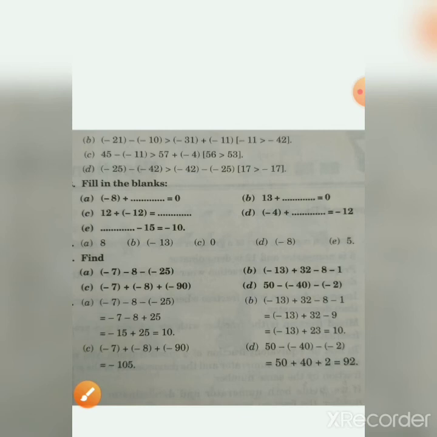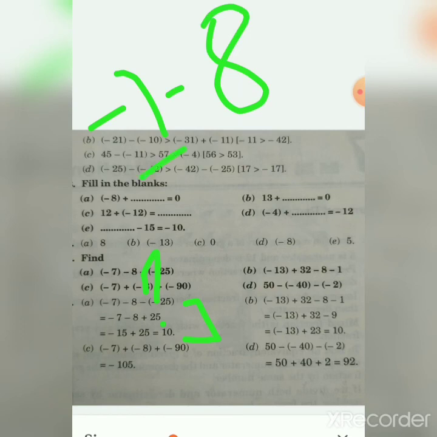Now we have the last question, that is find -7 -8 -25. So as you can see here, question is given. In second step we have taken -7 -8, and minus has become plus down. Okay, this side plus. So what they have taken in third step? They have taken -7 and -8 and added them. That is -7 -8 will become 15, because minus is plus, and which is the greatest number? 8. So we will write -15. Negative sign we will write.